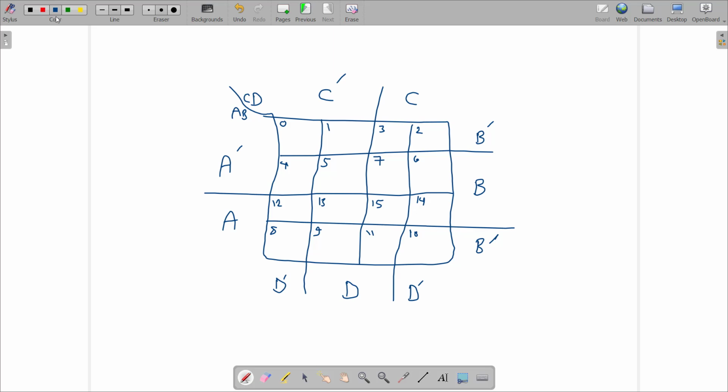A prime, B prime, C prime. Let's write it here. A prime, B prime, C prime. Now, A prime is all of these rows. C prime is this. Look at here. If I want to write it in this form, C prime is this. What is the B prime? B prime is this too. So it means that this is 1. Here is 1.